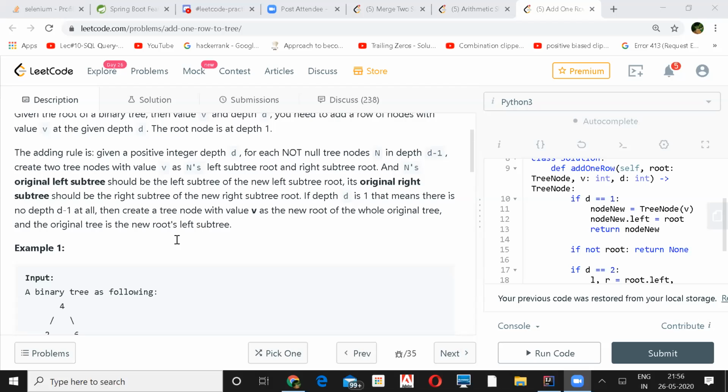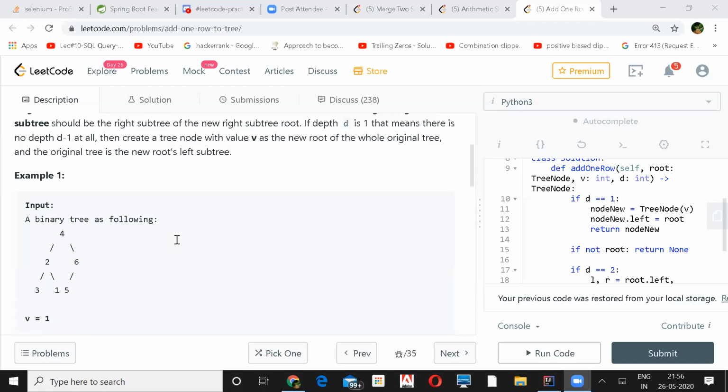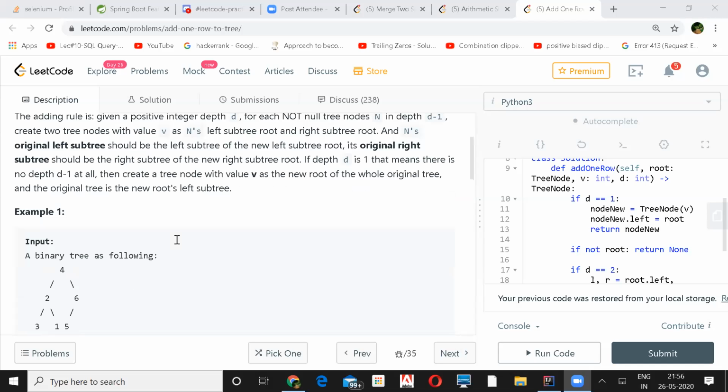So I did it the BFS way. Whenever I come to the level which is lesser than 1, I stop there and create the new nodes, and if they are in between, then connect both of those nodes with this new node.